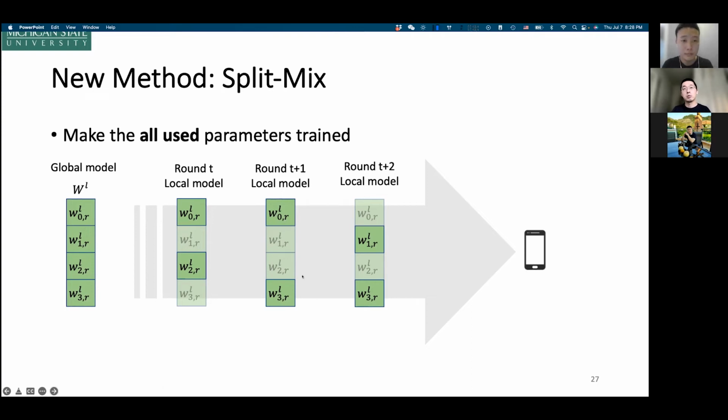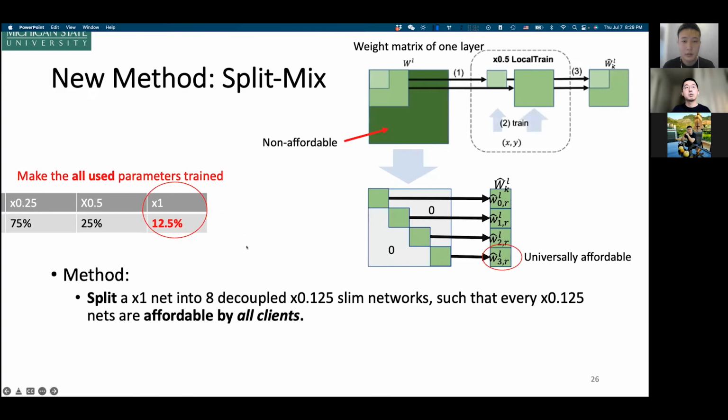This is totally randomly selected, and in a global view, all the parameters in the subnetworks will be trained by all clients, even though not in one round. During the whole time sequence, all parameters will be trained. So we address the problem that traditional methods cannot train all parameters, by splitting the network in a different way.